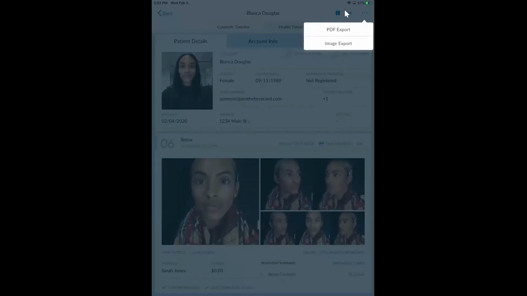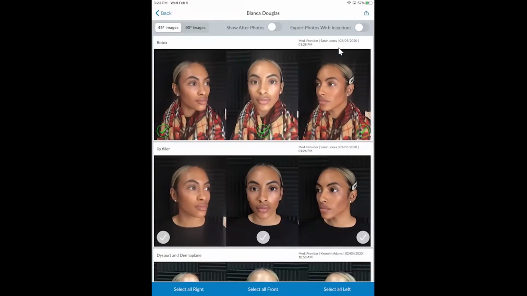and so at this point in time, let's say I want to go ahead and export an image. Now, be mindful that you want to make sure that you're presenting some type of photo release consent with your patient, so that way you have the consent to do so. But once you have received that from your patients,